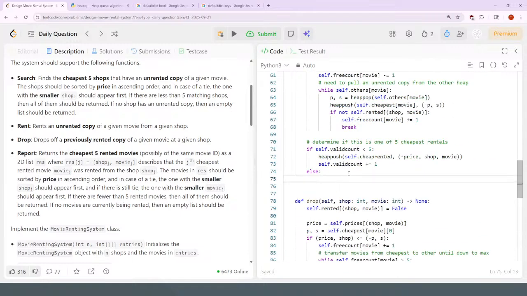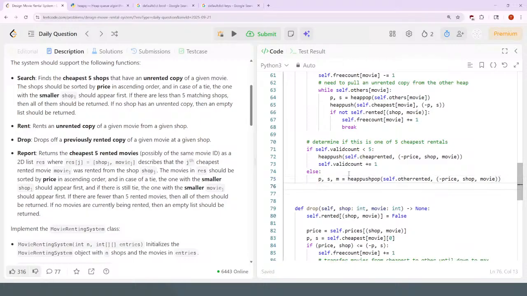So push pop onto theirs, PSM is heappushpop, self.other_rented, negative price shop movie,